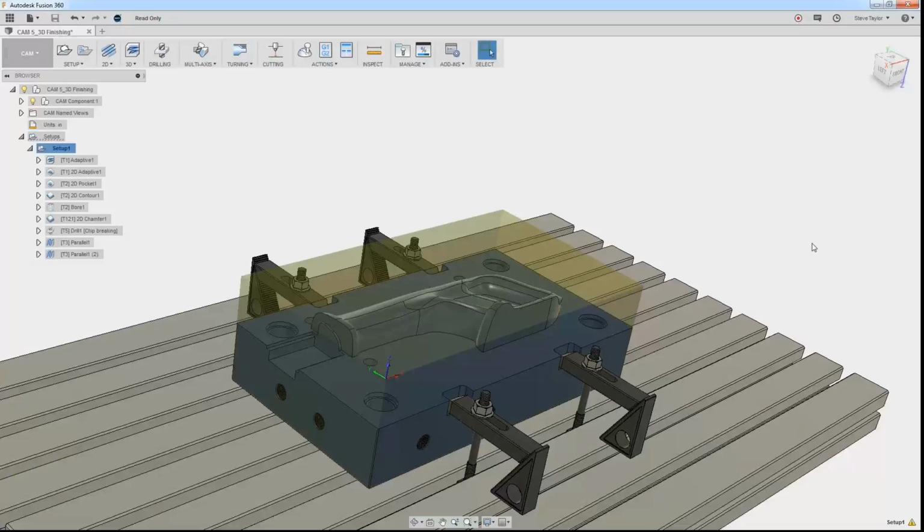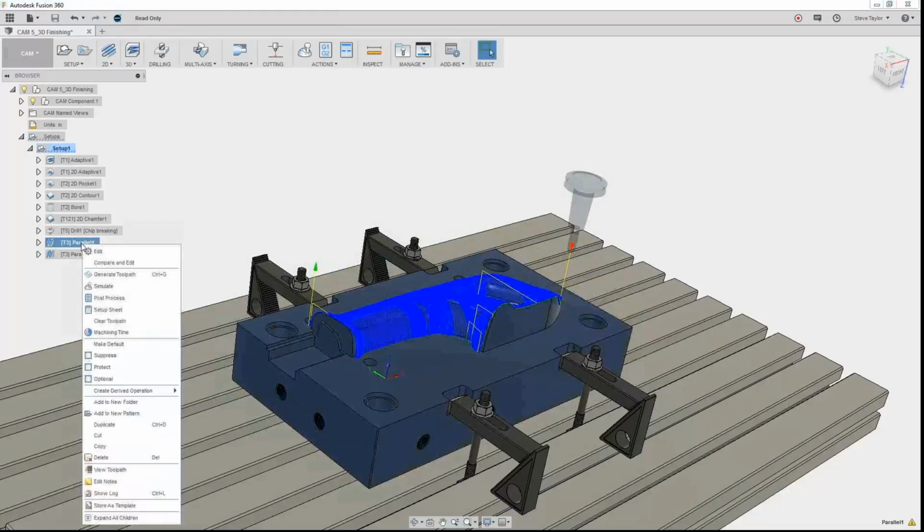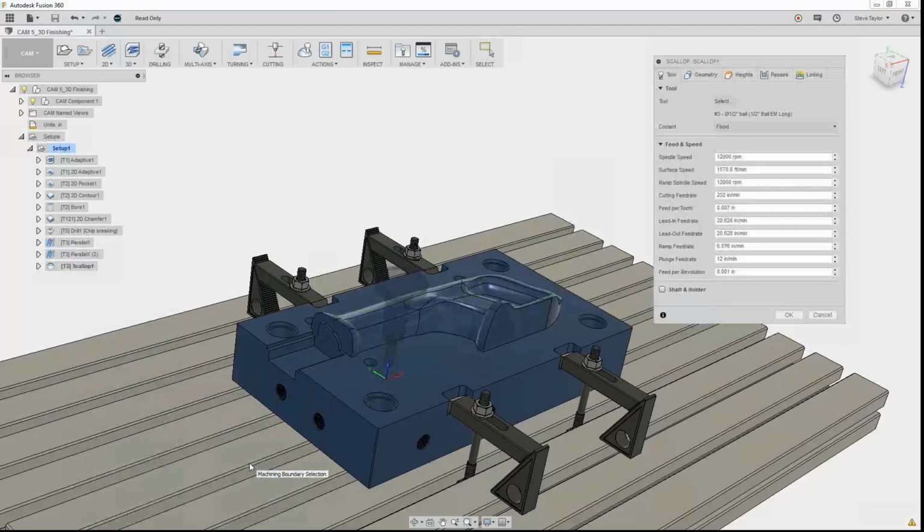So here, I want to change from creating another parallel to creating a scallop toolpath. If I click on this one, right click, and create derived operation, 3D milling, and go to scallop, I'm keeping everything else the same. So if I just go OK,